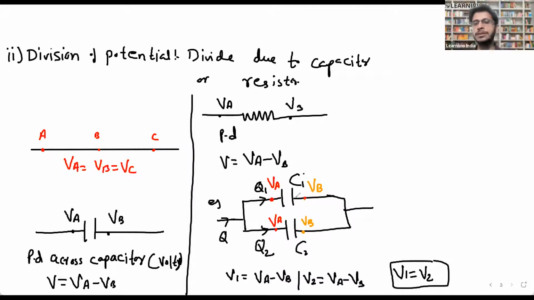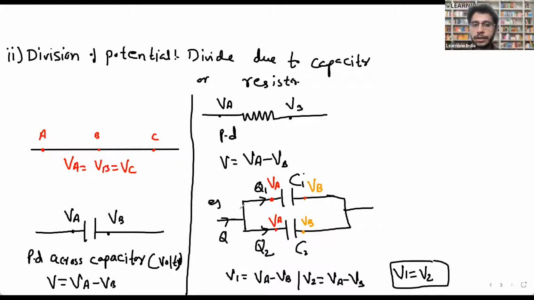So these two capacitors have different charge, but they have same voltage. Yes, Ahmed, you're asking something? So what if the capacitors have different values? No issues. Even if your capacitors have different values and these 2 points are connected by a conducting wire directly,